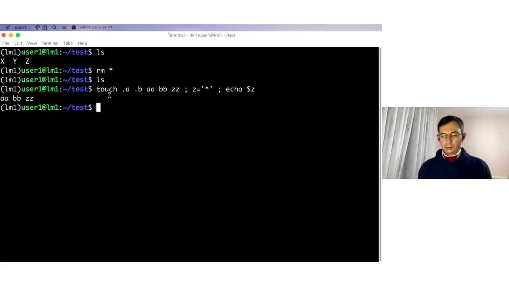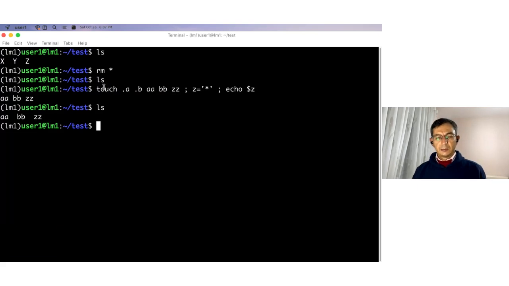So what happens? This command touch is creating these 5 files,